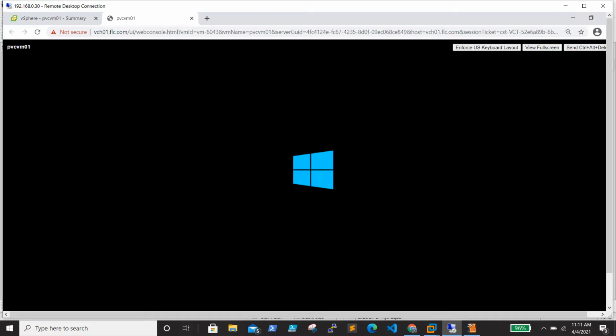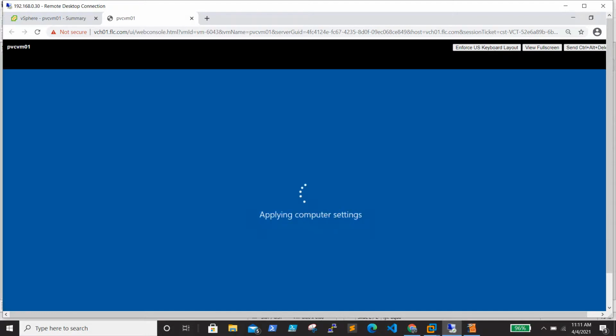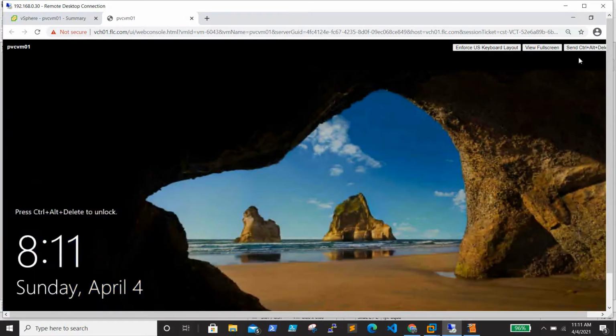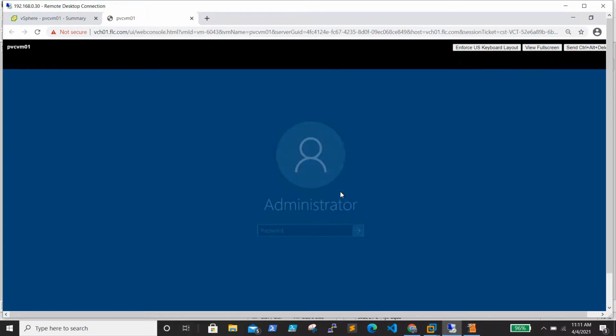If you directly change the controller for existing drives, without adding a new controller and a new disk, you'll definitely see a BSOD. I'm not sure if going forward VMware will find a solution to do it directly, but for now we need to follow the process which I'm showing. The server is coming up, so it's up now. We'll log in and see.